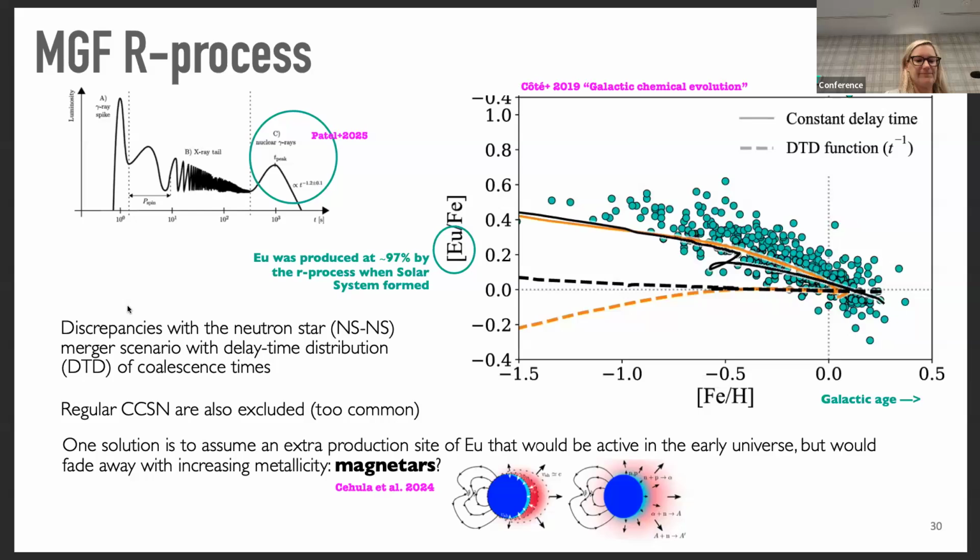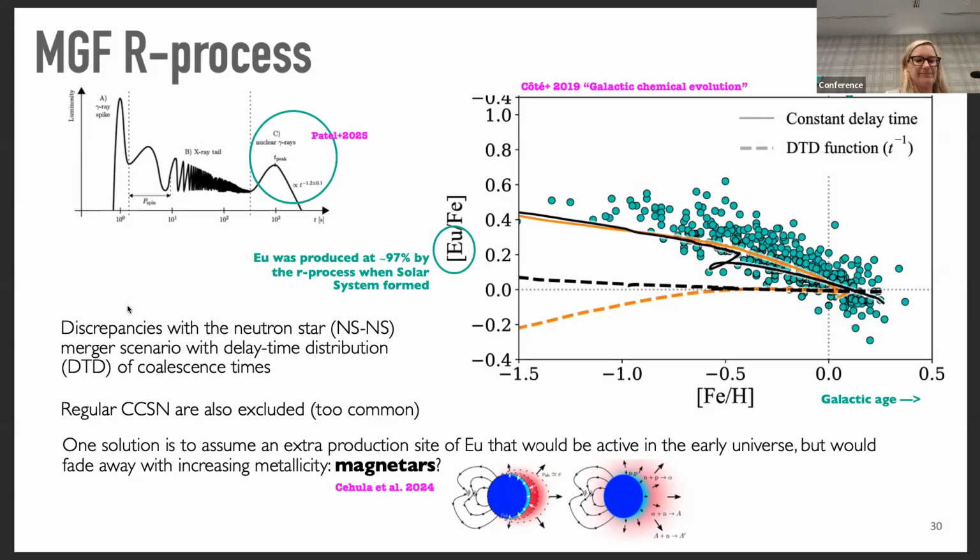there is something that enriched with r-processes earlier on in the galaxy that cannot be explained by neutron star mergers, which are modeled with the dashed lines. This is because these events need to spiral, and that takes time. So there is a delay time since you create the neutron stars, they inspiral, and then they merge and produce the elements. So you need something that traces more closely the evolution of massive stars to explain this observation. And this could be very well magnetars.